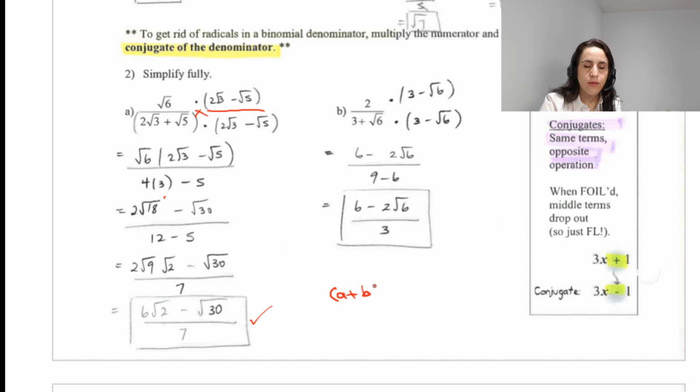If you have a plus b, multiplying by a minus b is a squared minus b squared. Same thing that I'm doing here. A plus b, a minus b. The answer is going to be a squared, 3 to the power of 2, and radical 6 squared is 6. Then 6 minus 2 radical 6 over